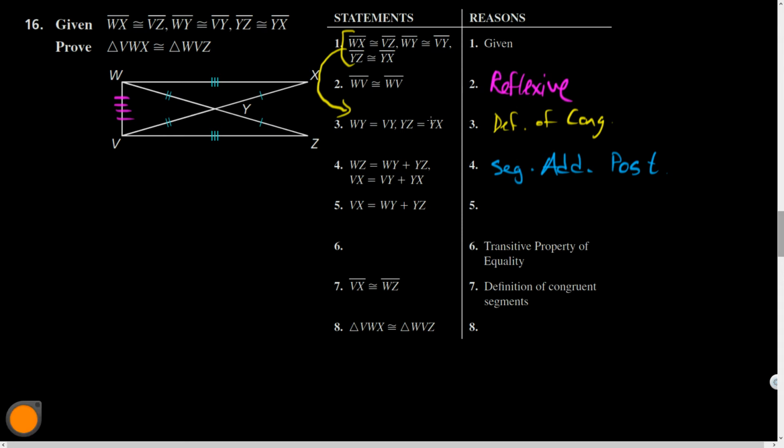So, all right, here we go. I have a feeling that this is going to be subs. I'm going to write that. Let's see if we can see what subs happened. So this is a VX. This is a VX, so that's a match. This is a WY. Is there a way I could have substituted a WY in for a VY? Yeah, right there. So I think that got subbed in there. And then YX becomes YZ. YX could have been subbed in right there. And that became YZ. So this is actually a double